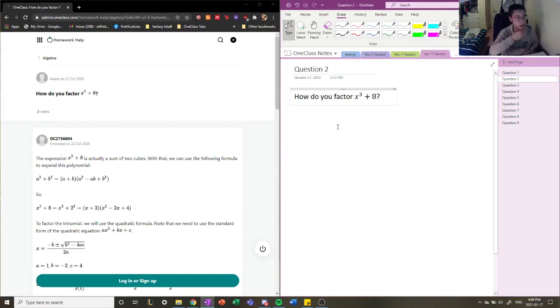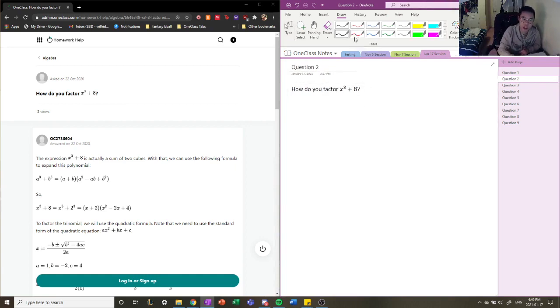Okay, so question number 2 reads, how do you factor x cubed plus 8? We're going to use a technique called the sum of two cubes to factor x cubed plus 8. Okay, and so the sum of two cubes tells us that